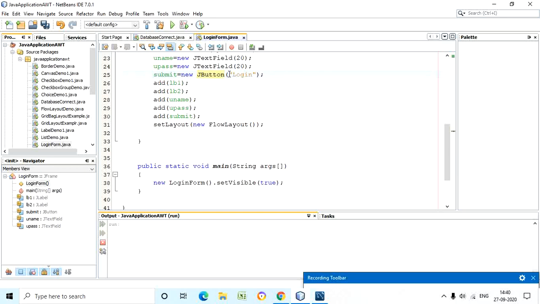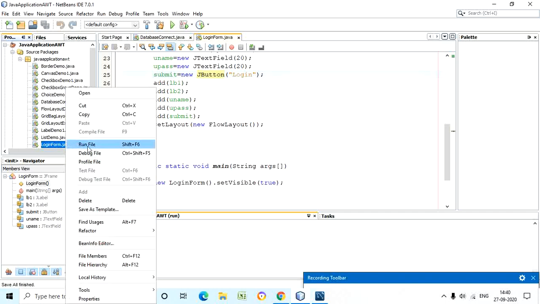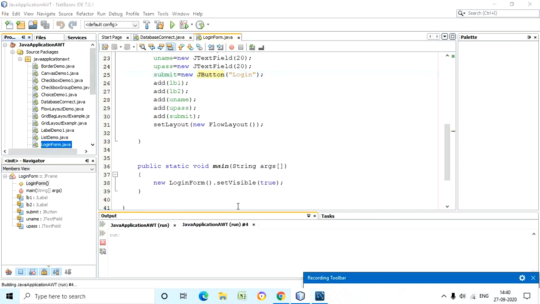When you enter username and password, you can use a message called login. So in that way you can do it. Right, so login is available.